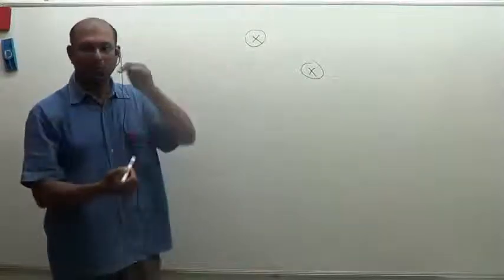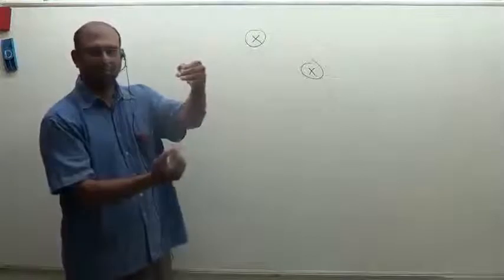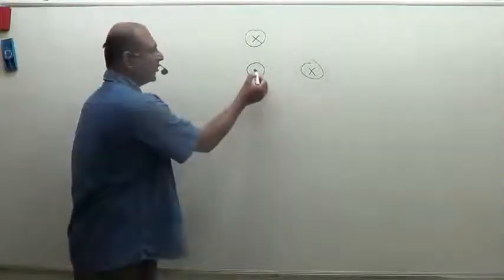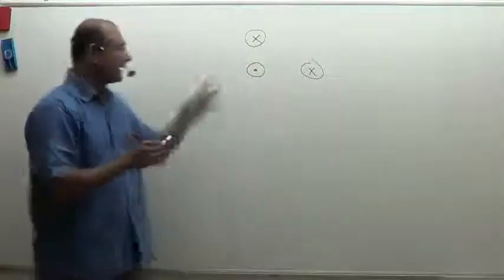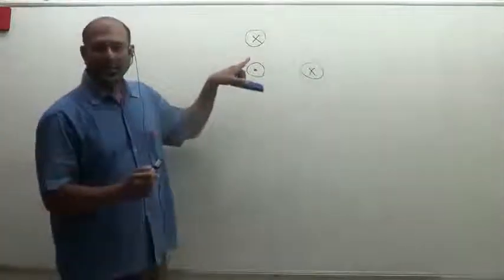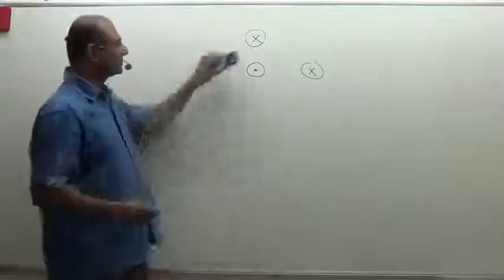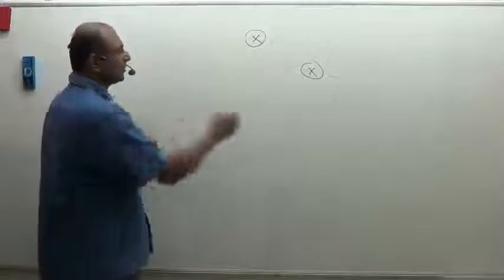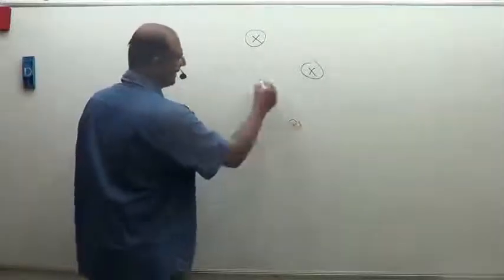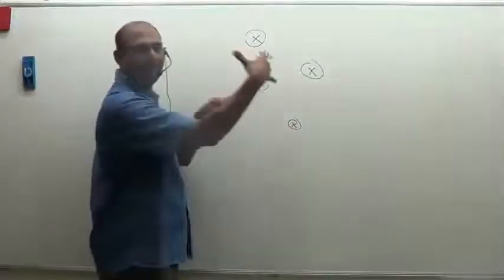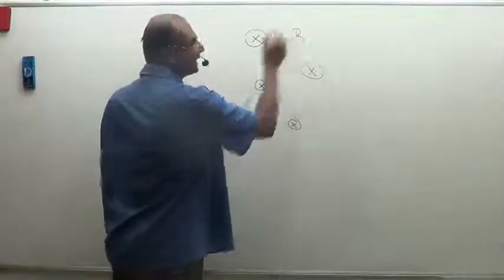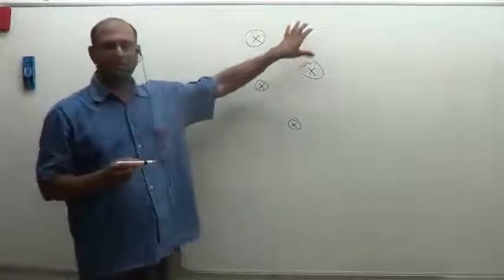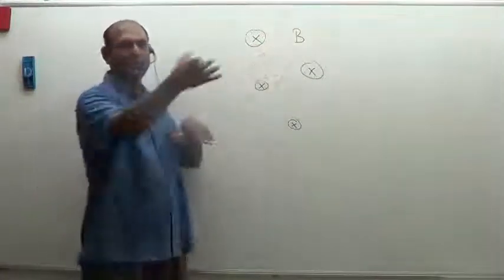If the arrow is pointing towards you, that means it's coming out of the board. Then we will write it down like this, because you're able to see the arrow head. So this is the arrow head. Right now let us say that the arrow is going into the board. So I will use this cross mark to say that it's actually going into the board. So I have a lot of such arrows. Effectively there is a B field. We say that there is a magnetic field, and usually we use the letter B to talk about the magnetic field. So the magnetic field is going into the board.